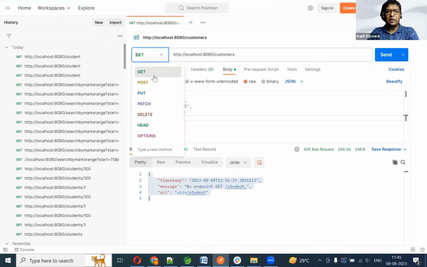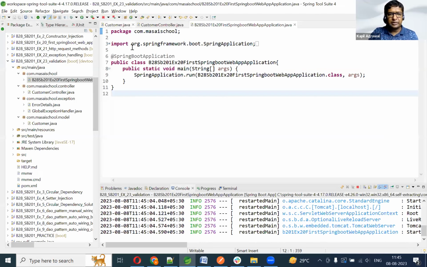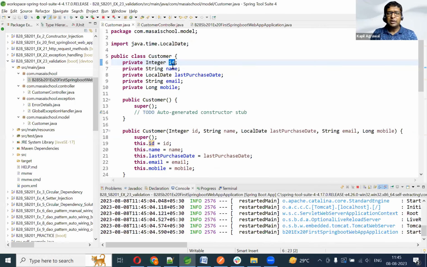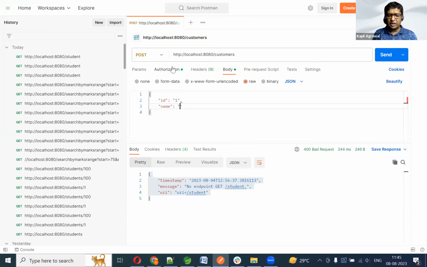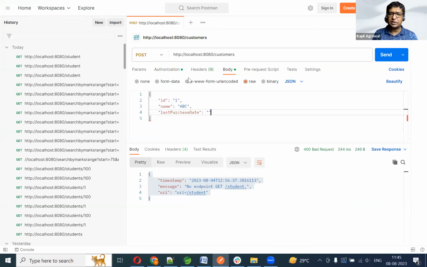The URL is going to be http://localhost:8080/customers. The type of request is going to be a POST request. With the POST request, I have to create an object of the customer. The first thing I need to write is the ID, and the value for ID is 1. Thereafter, the next thing is name, and the value is going to be ABC. For the third thing, the last purchase date, let's say I'm writing